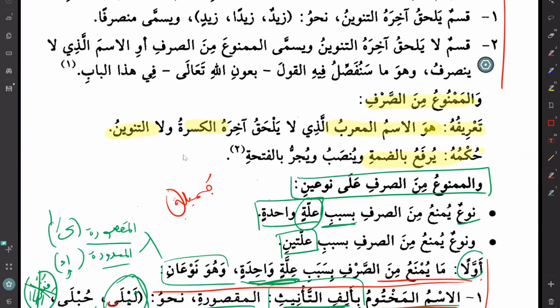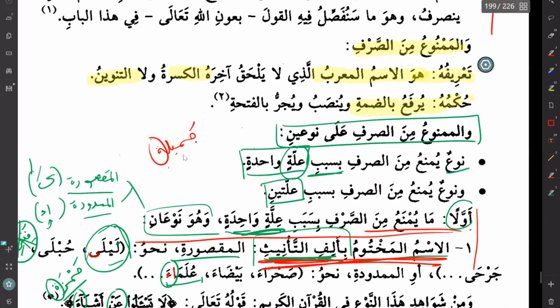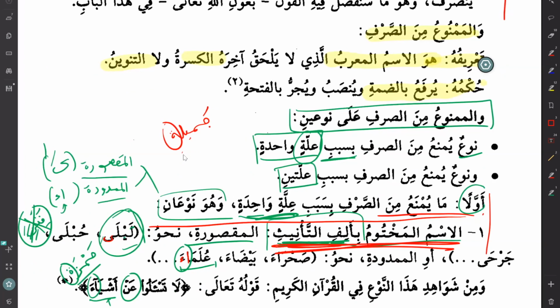The second thing about mamnu min as-sarf, okay, now that you understand the hukum, is what are the words that are mamnu min as-sarf? And this is, as you know, one of the bigger discussions because there are a lot of things involved. And there are many different ways of understanding the words that become mamnu min as-sarf. Why do they become mamnu min as-sarf? There are many different interesting discussions, but I did give you one way of looking at it, which is that